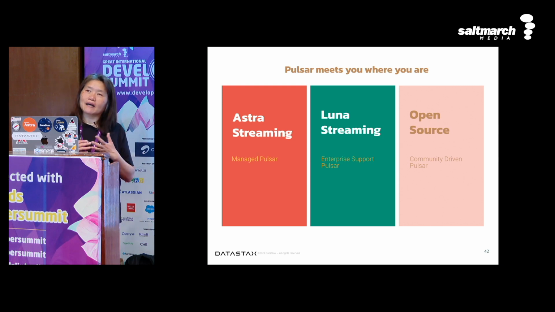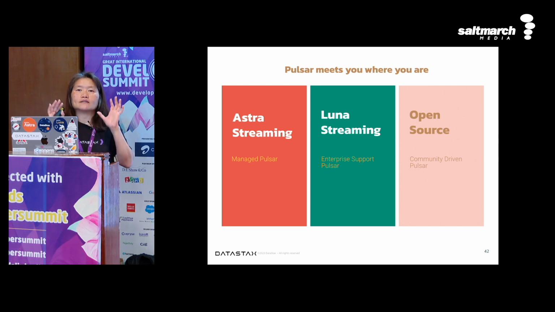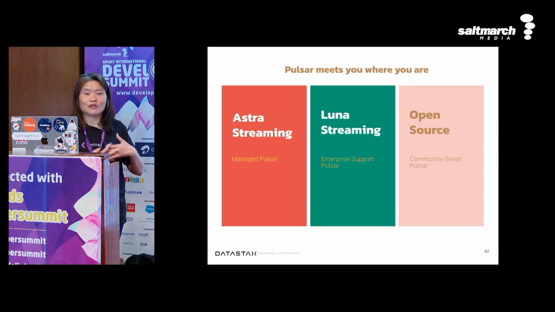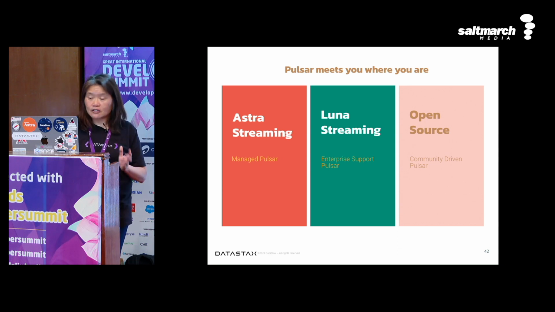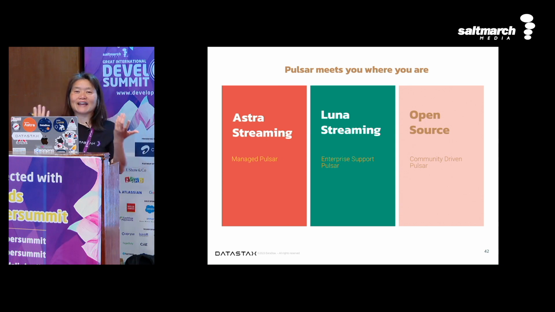Now, some companies don't want to get into using cloud yet. I've come across customers who are still not in the cloud. In that case, you can use Luna Streaming, where you deploy to your own Kubernetes cluster or private cloud. But then you have to manage a lot of things on your own rather than letting your cloud platform manage it. The third choice is to use what you can find in the Apache Pulsar project. You download it and use the open source project as well. Again, we at DataStax have committers on the project, we're always there to help, and the community is quite friendly too, so to speak.